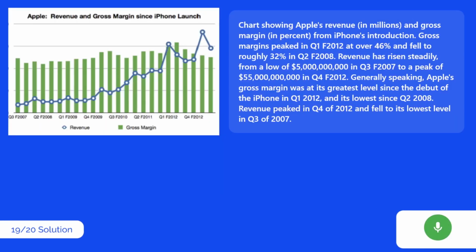Charts showing Apple's revenue, in millions, and gross margin, in percent, from iPhone's introduction. Gross margins peaked in Q1 F 2012 at over 46% and fell to roughly 32% in Q2 F 2008. Revenue has risen steadily, from a low of